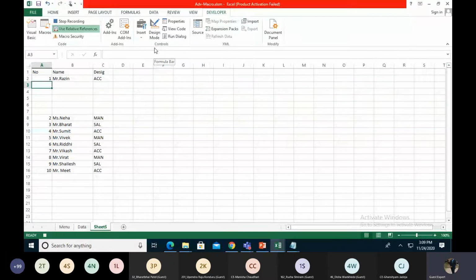I jump to the left side, go up, jump to the right. I take the if condition. If this is an accountant, I take the VLOOKUP as well.